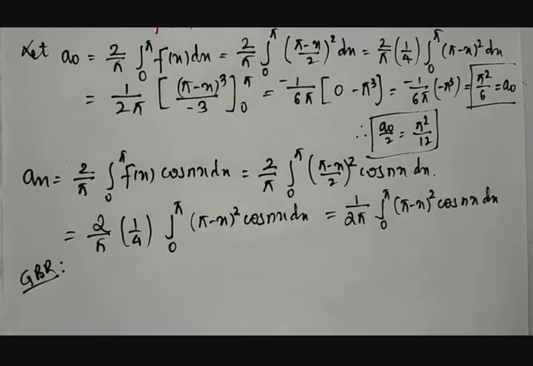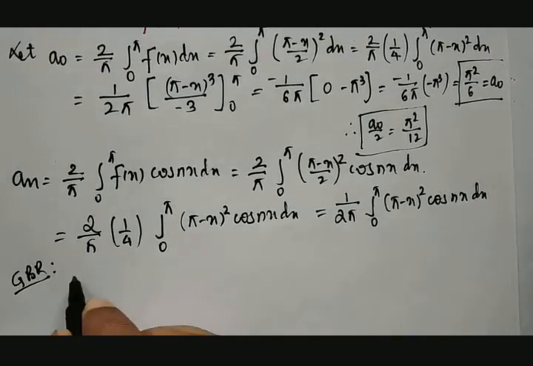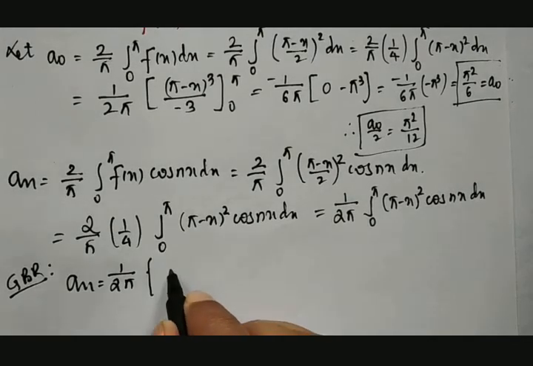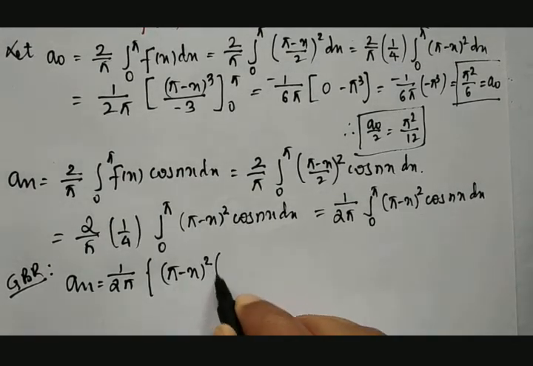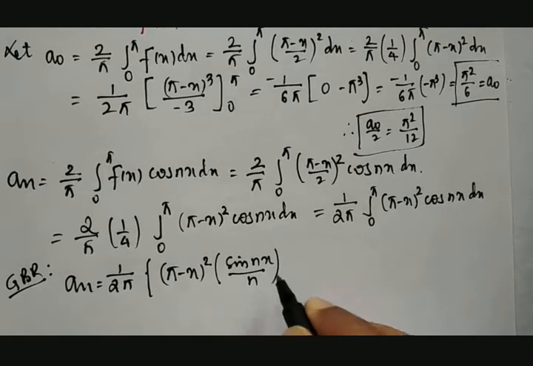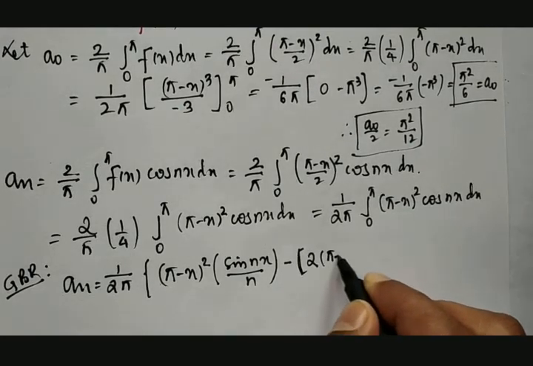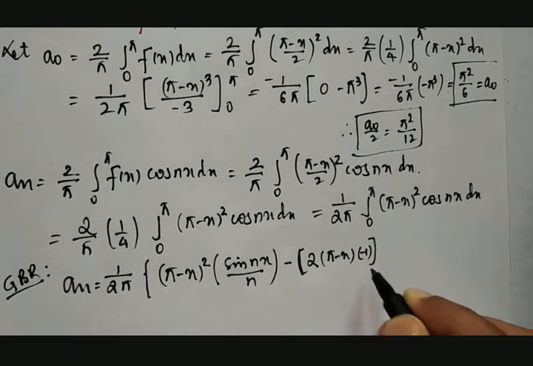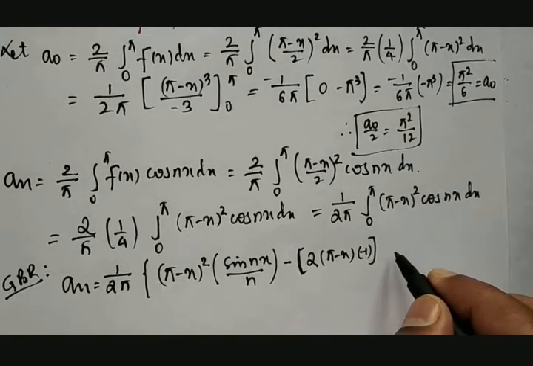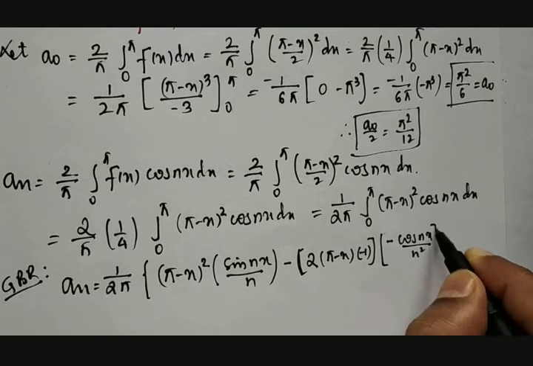Okay, let us use generalized Bernoulli rule. As per generalized Bernoulli rule, an is equal to 1 divided by 2 pi into first function, which is (pi minus x) the whole square, into integration of the second function, integration of cos nx is sin nx divided by n, minus differentiation of the first function, that is 2 into (pi minus x) into differentiation of this is minus 1, then into integration of second function, it becomes minus cos nx divided by n square,